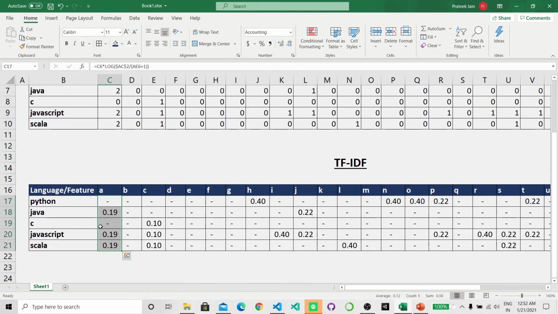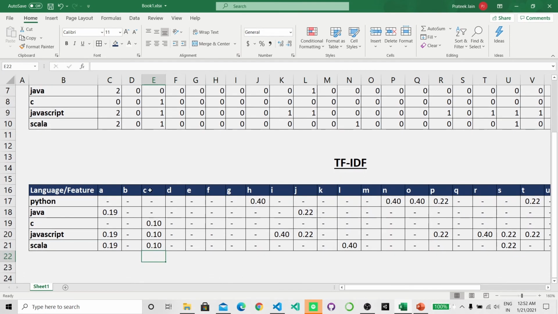The reason is A is appearing in more number of documents, so it is less unique, less rare, compared to H, which is appearing in only one document. So according to TF-IDF, H is more important because it is more unique than A here. Similarly, if you look at C,